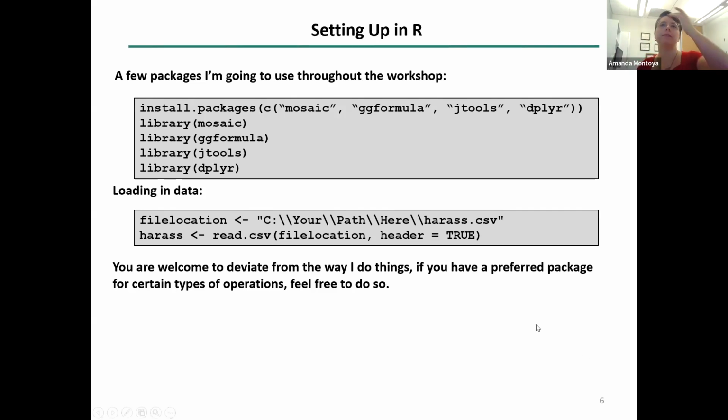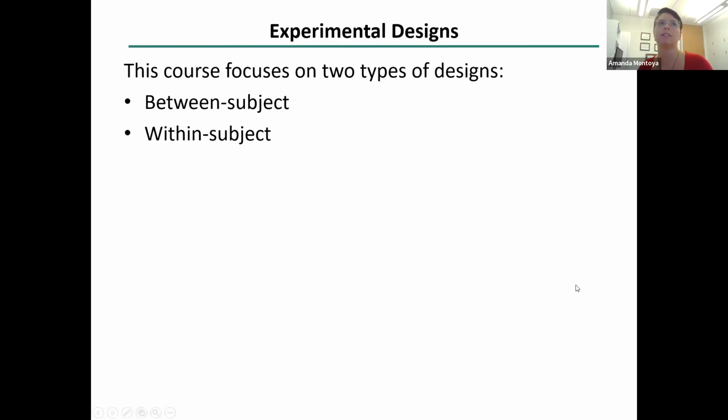So I want to talk briefly about study design, because this is such a core aspect of what it is that we're doing in this class. I'm going to differentiate between what I will call between subject designs and within subject designs. There are a lot of different names used for a lot of these things, so I want to introduce the way that I think about them. I will note that I often use repeated measures and within subjects interchangeably. We'll talk about that a little bit.